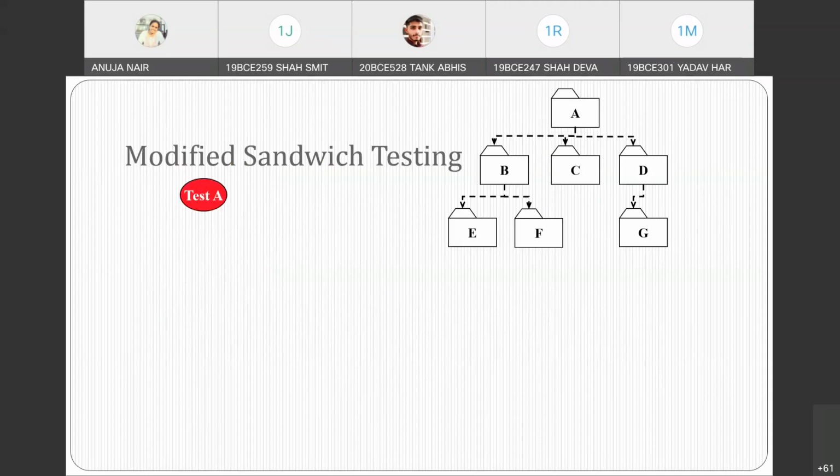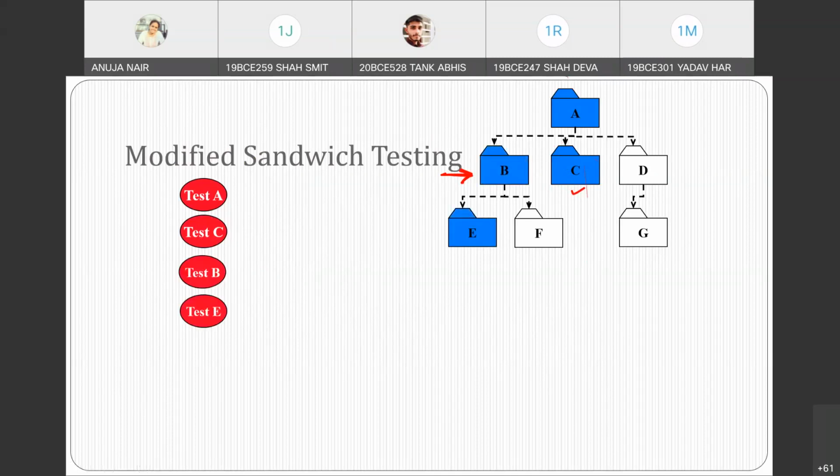So what will happen? First test A is coming, then C is coming. Now see over here, even though you want to test B, C and D, this is your layer which you want to test, but still C is taken as a stub only. Why? Because it is a leaf node, right? So it is not something which is connected to some other node over here. For A it is going to be a leaf node only. So that's why you kept C. Then you have B, then you have E.